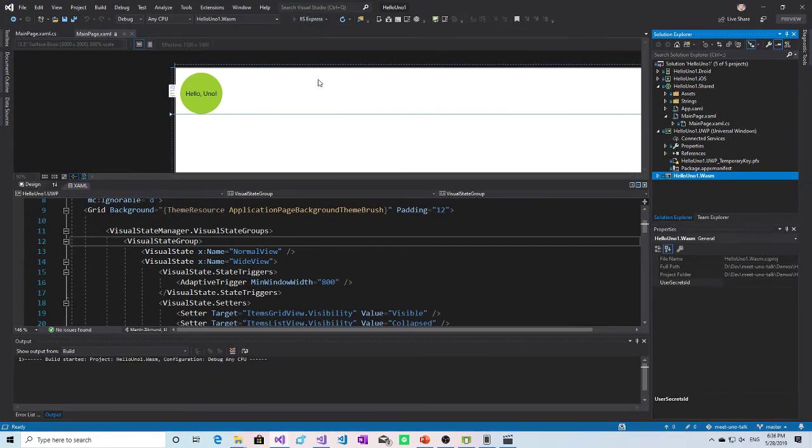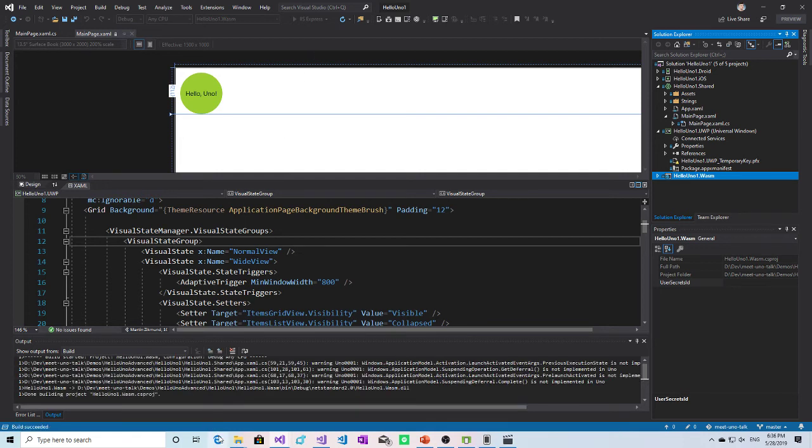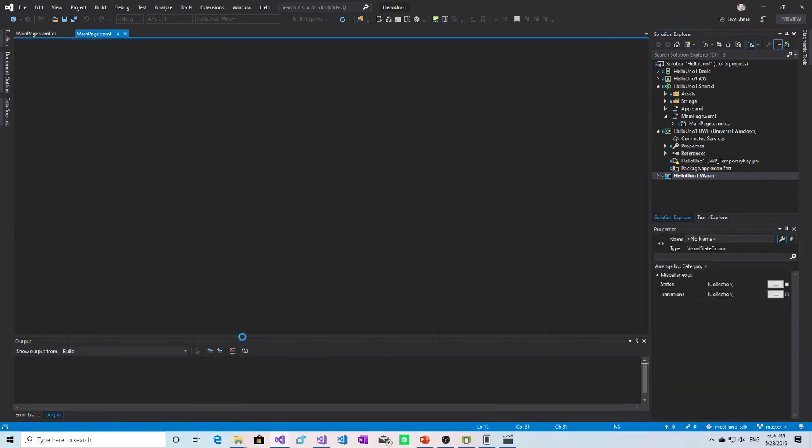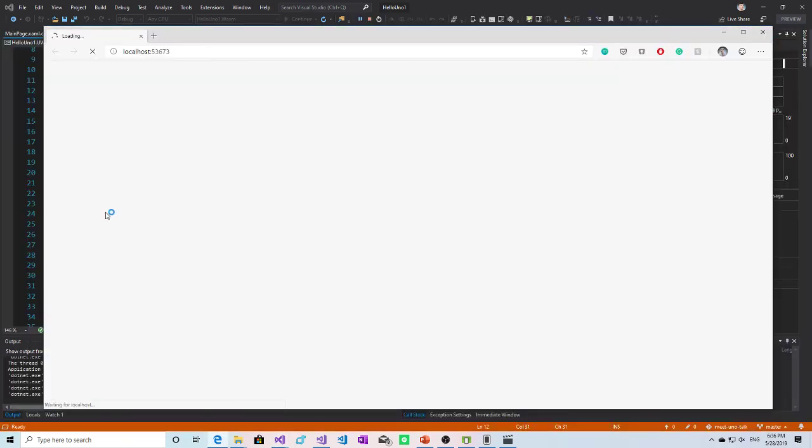And the WebAssembly version will again run in the browser. And in a few moments we should see the same UI again, running by virtue of JavaScript, HTML and CSS rendering. So that's our application.